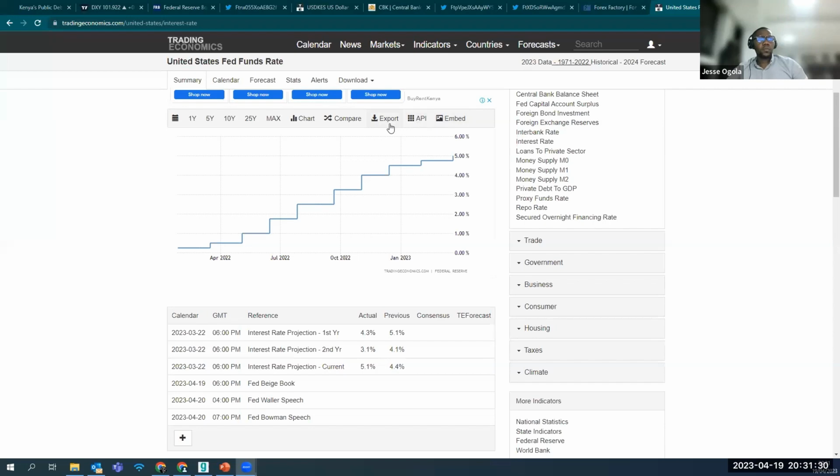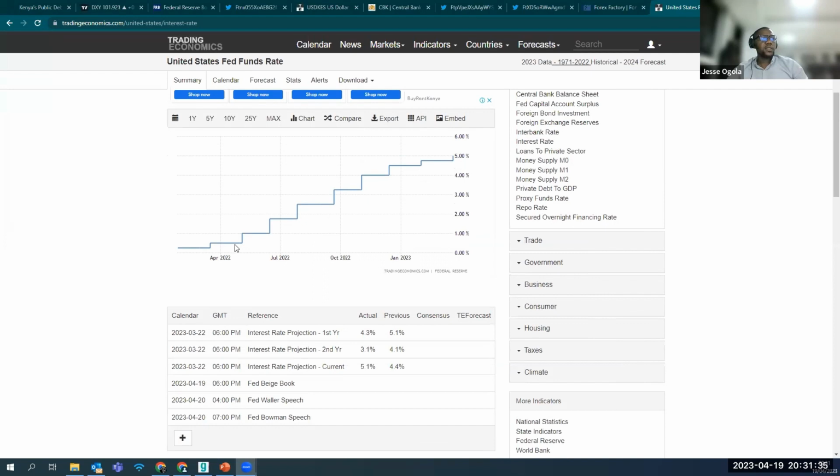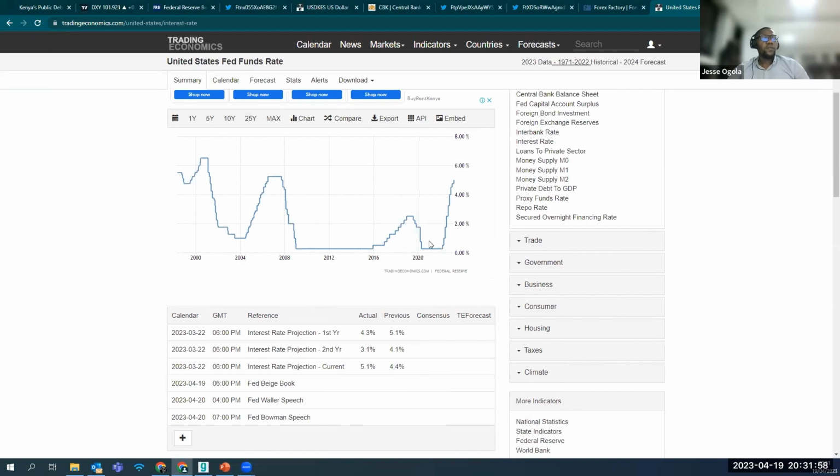This is the chart I'd like to share on the interest rate hike over the last couple of years. If you can see that chart, since April 2022, they have done almost a 4.75% increment, which is actually the fastest ever done. And I'll just go back for context purposes. A 10-year period. Let me go 25. You'll notice